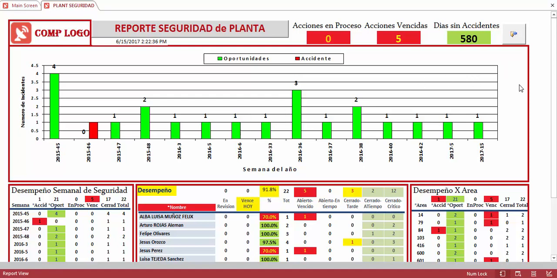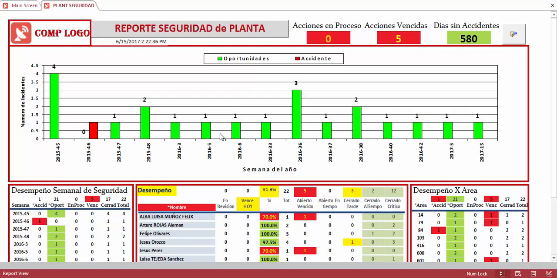Once the access has been granted, the first screen that pops up is the safety report that contains the number of days without recordable accidents, past due, and in-process activities. This report is also linked to the Kaizen system to note and follow up on the reported accidents, near misses, and or safety opportunities. Directly from this interactive report, we can navigate and get specific details about ideas, trend by